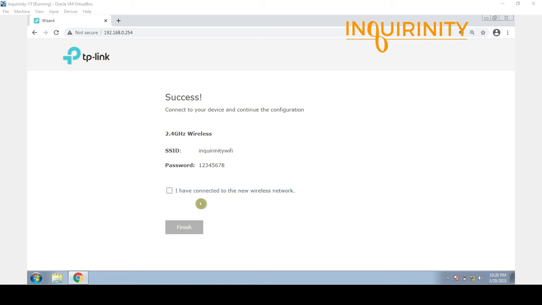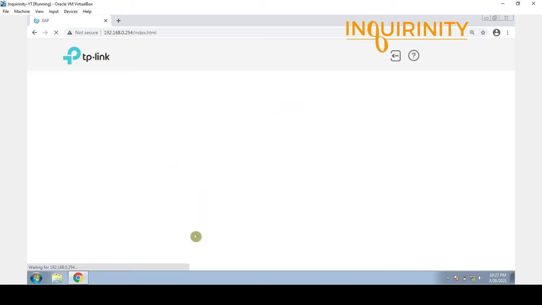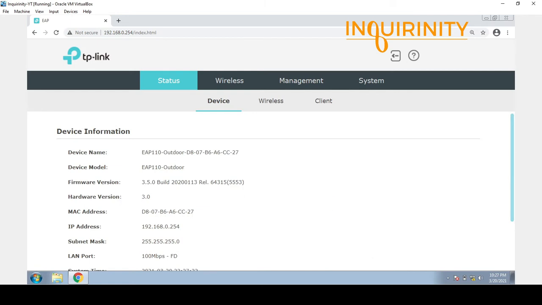Although actually you haven't tested your new wireless network, you could check this one: I have connected to the new wireless network, and click finish. So let me click the finish button to exit or to complete this wizard by TP-Link. So we'll click on finish. There you go. We have exited our wizard and we are now at the TP-Link menus wherein we can